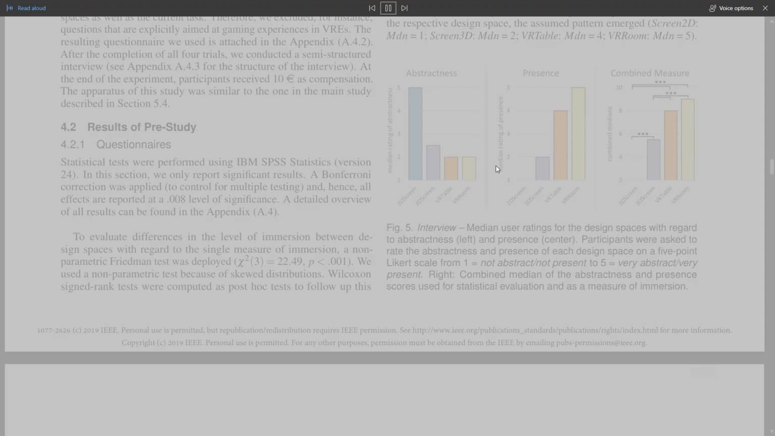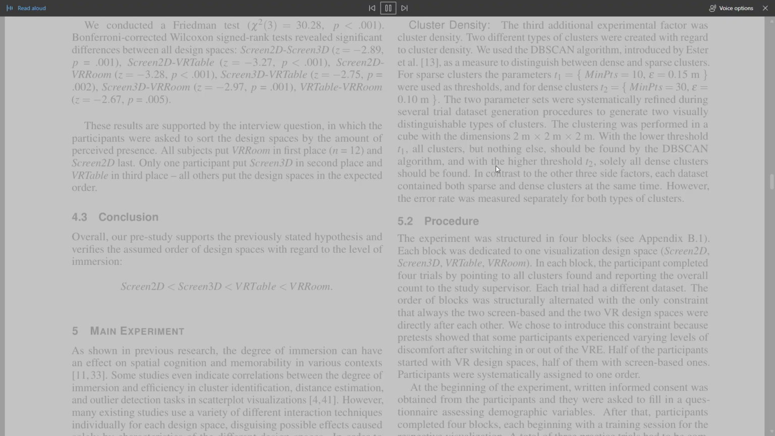We conducted a Friedman test, χ²(3) = 30.28, p < 0.001. Bonferroni-corrected Wilcoxon signed-rank tests revealed significant differences between all design spaces. Screen 2D – Screen 3D, Z = 289, p = 0.001; Screen 2D – VR Table,